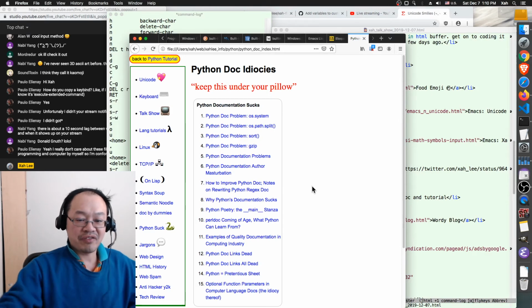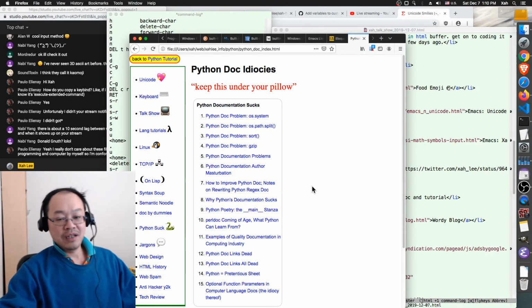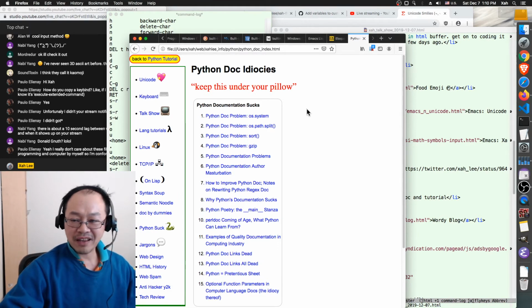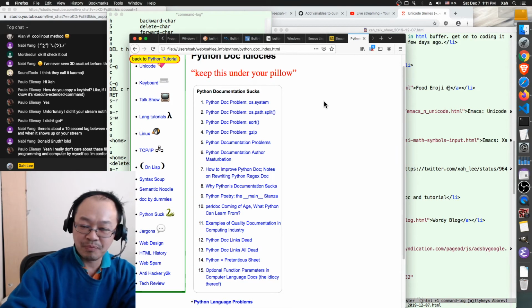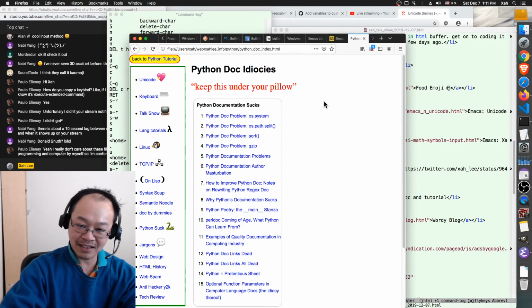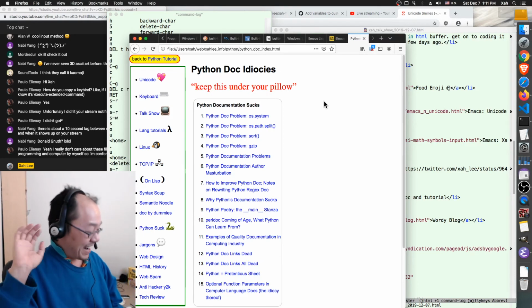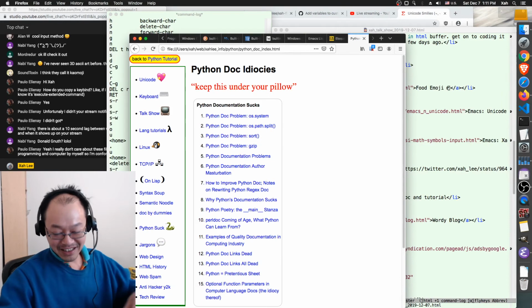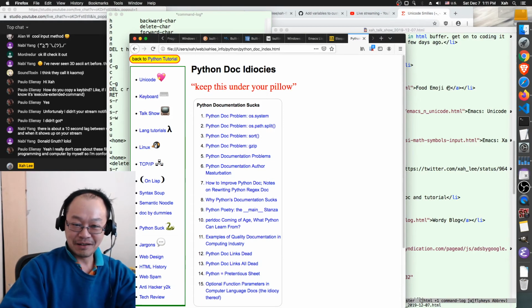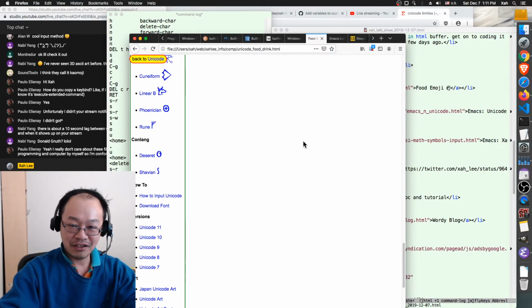Python doc for dummies, one of the worst. For example, you go to the Python documentation, and they have "keep this under your pillow". Okay, excuse me. I don't want to start to become like an angry rant. That's not needed. But anyway, you do have Python documentation if you have